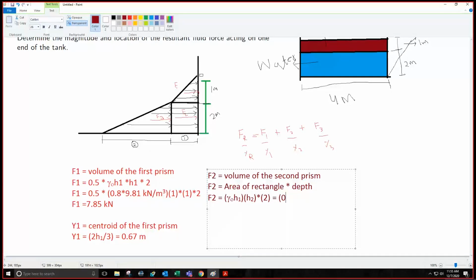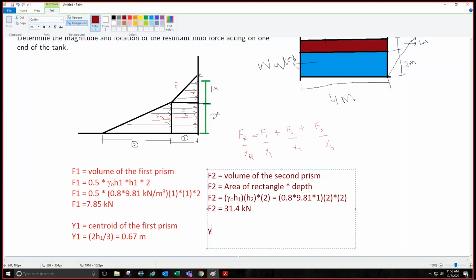तो gamma of oil is 0.8 into gamma of water, which is 9.81 into H1, which is 1, multiply by H2, which is 2, multiply by the final 2. So F2 equals to 0.8 multiply by 9.81 into 2 into 2, 31.4 kilonewtons. ठीक है, 31.4 kilonewtons. And the location of Y2 is,